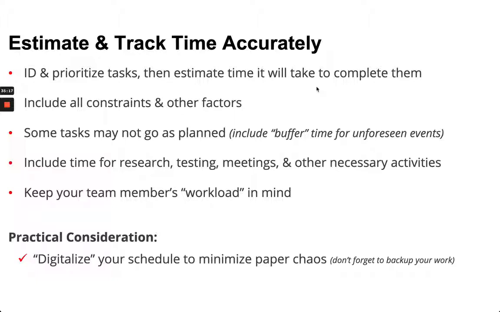When you look at estimating and tracking time, again, if you identify and prioritize, then you can best estimate. Include potential constraints, prerequisites, factors such as that. Some tasks may go unplanned. Maybe include for time, for cost, things of that nature, a little buffer, a contingency, if you will. Maybe include time for researching other possible activities that you may not be aware of at this time. But keep the team workload in mind, where you don't want one person overloaded and others with little to no